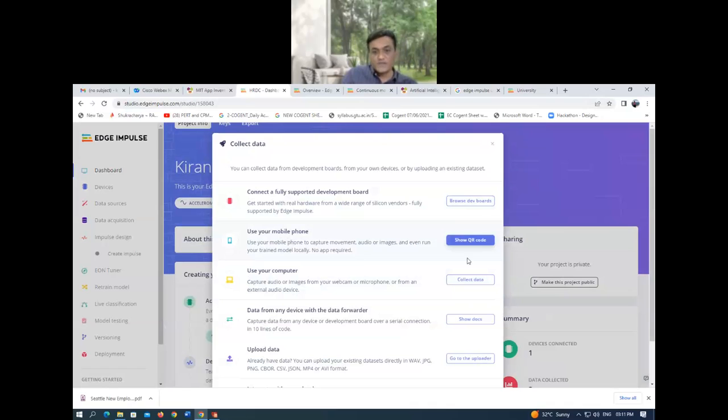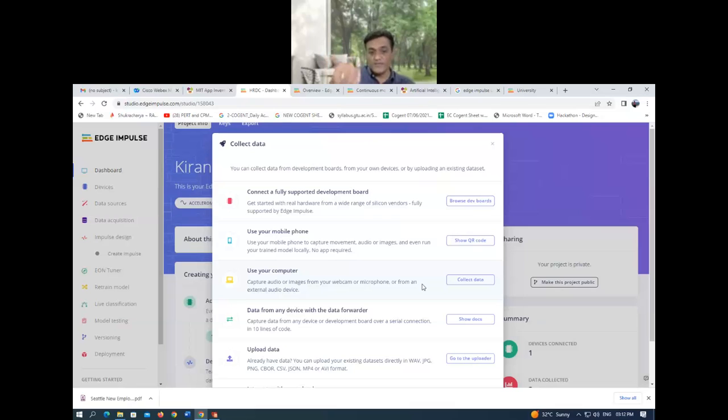generate some sort of accelerometer data from my mobile phone itself. So let me click on collect motion, get started, get access to the accelerometer, start recording. So now if I am moving my phone like this, I'm keeping it from left to right, start recording. Uploaded means my data has been uploaded on the cloud platform. Now again I am taking some data,